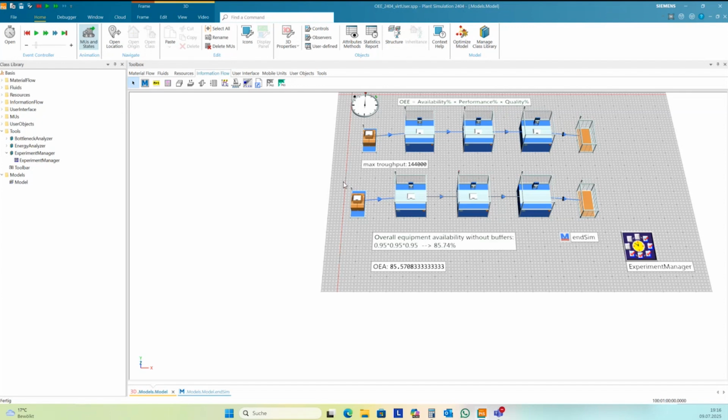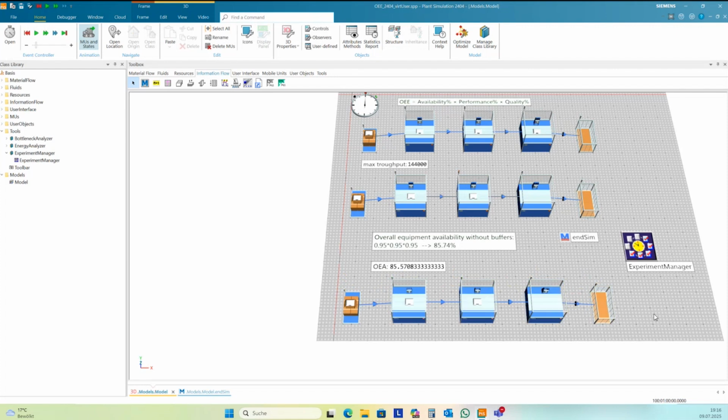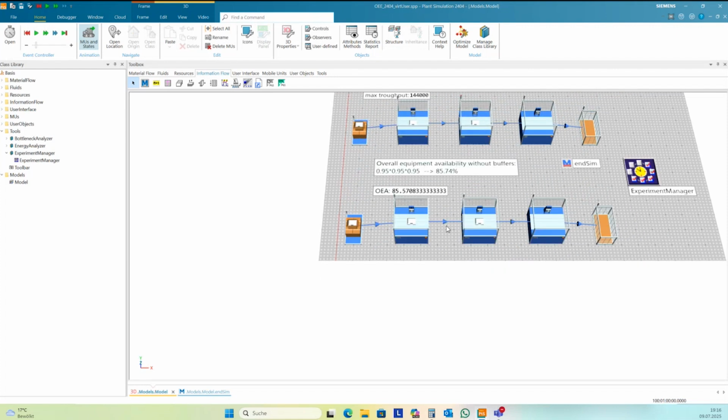So I copy this all together, and I place some buffers in between.